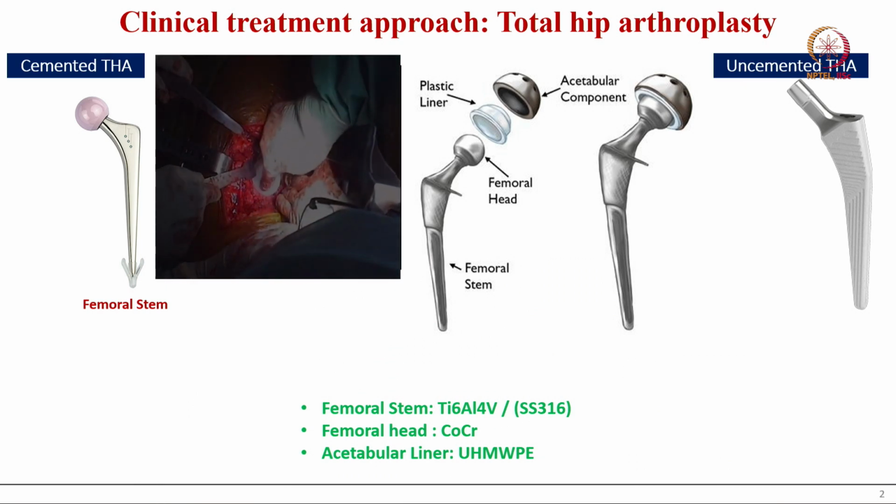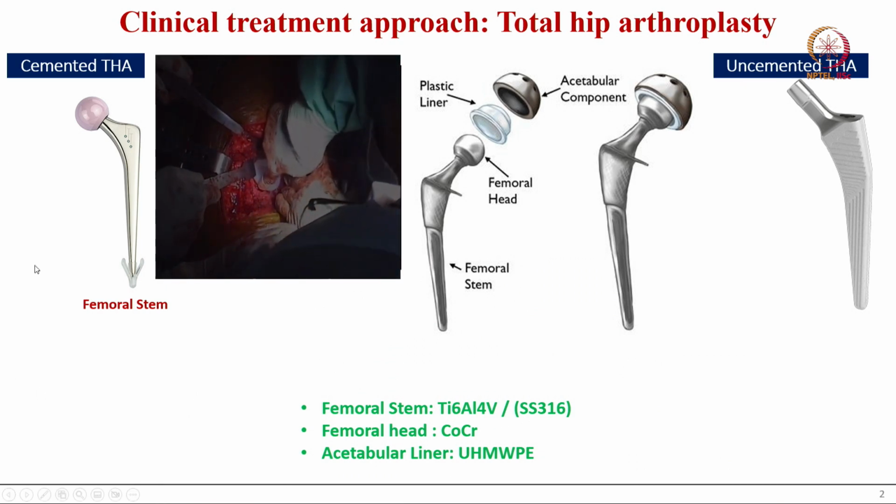So, in order to substantiate that statement, I will be showing you how some of the complex lattice structures can be printed using this SLM printing, and the material under investigation is titanium 6 aluminum 4 vanadium. So, just to give you some of the clinical perspective of what I am going to show you.